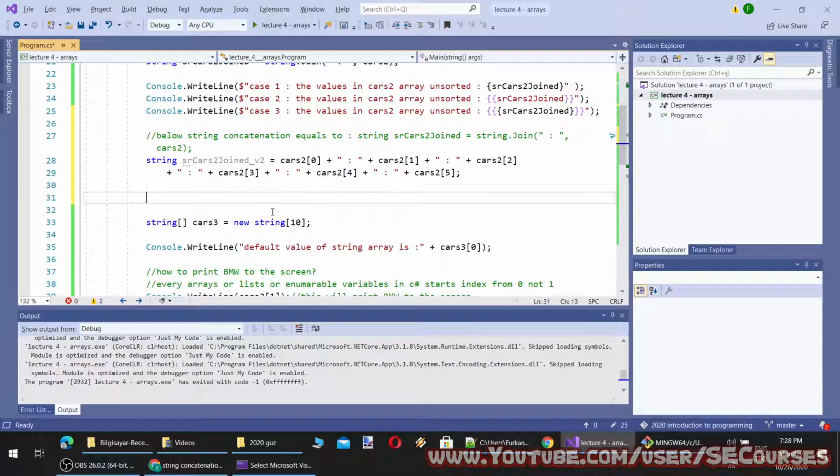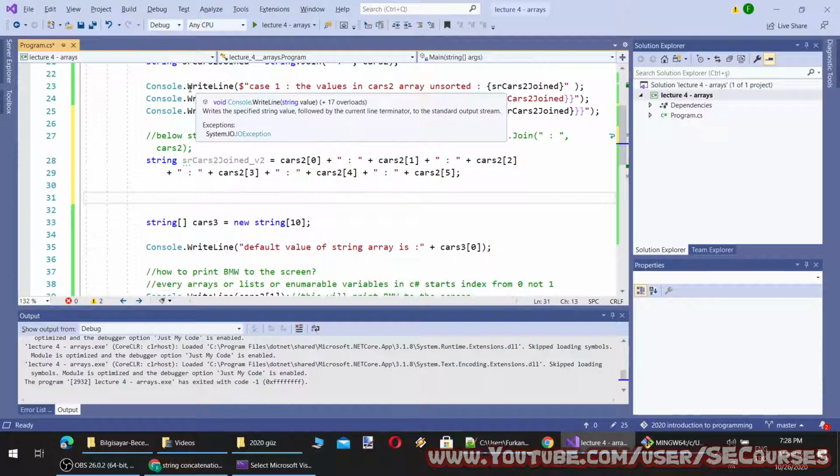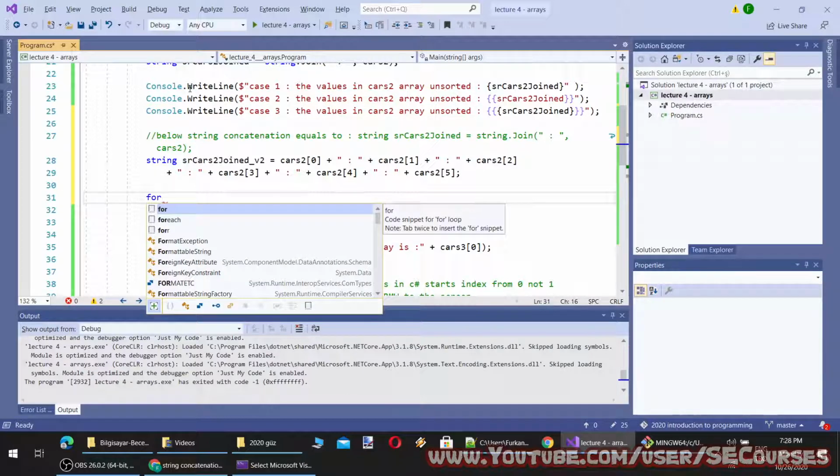We are going to use a for loop. A for loop means we are looping through the elements of an array or an IEnumerable object with indexes. It is so simple. So how does the for loop work? I am typing for and it is showing me 3 snippets. But I am going to write it one by one.